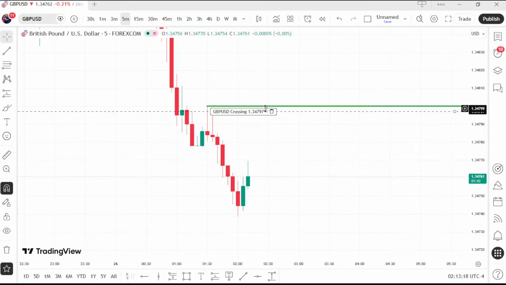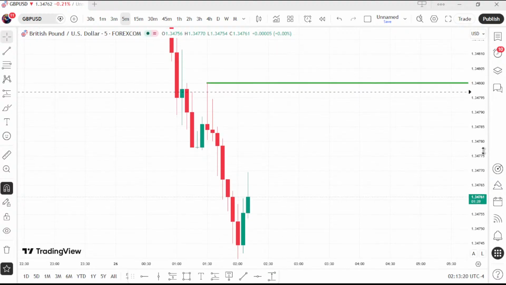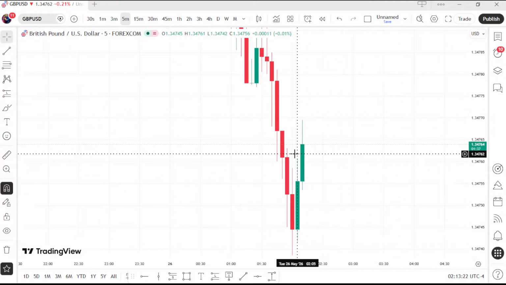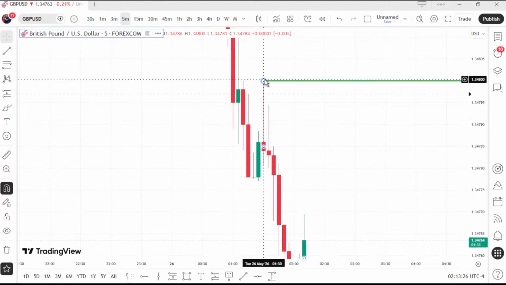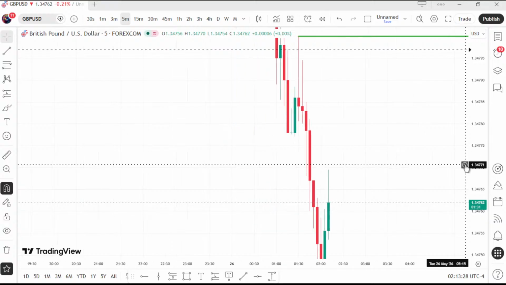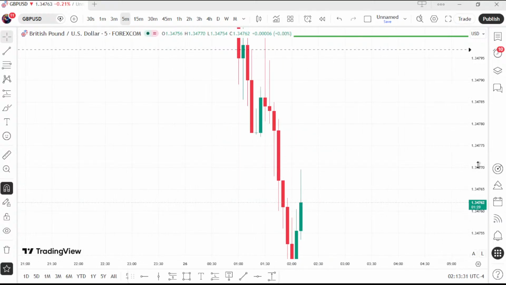Now if this is triggered, let's look closely. There is no swing high, no swing high, no swing high. This is the swing high. If price, this is the 5-minute,